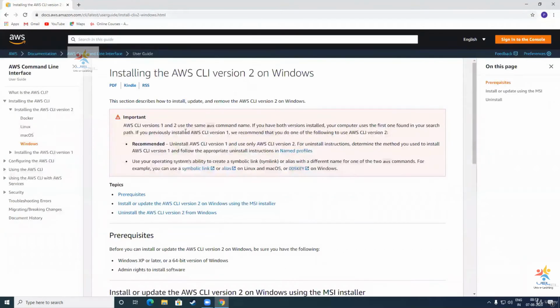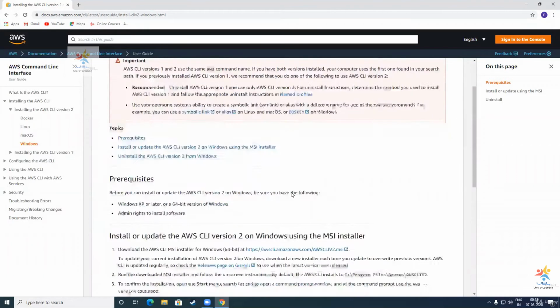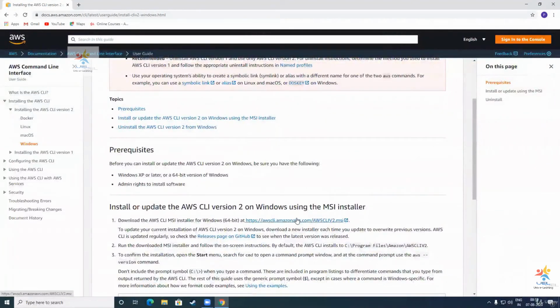You can see that you can also use the older version, but we are going to use the newer version this time. And we are going to use the MSI installer because it's the easiest way for us to install the AWS CLI. So let's click on the first link on the page to download the AWS CLI MSI installer for 64-bit for the Windows operating system. It's going to download the file. I'm using a pretty fast internet connection. So let's wait until this file is finished and validated.